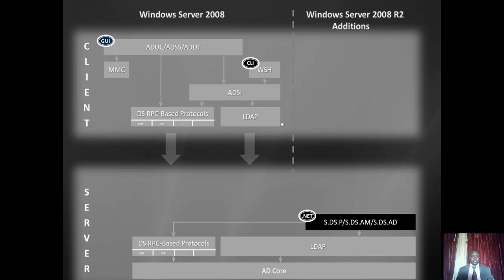Okay, and now there are the protocols like LDAP, and those protocols will be used to configure the information between the client and the server. Especially, there are some protocols that are really secure. And in addition, what happened here now, you have the SDSP, the SDSS, the AM, and the SDSAD, and we have the core,